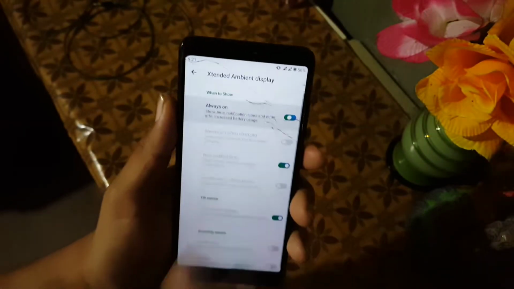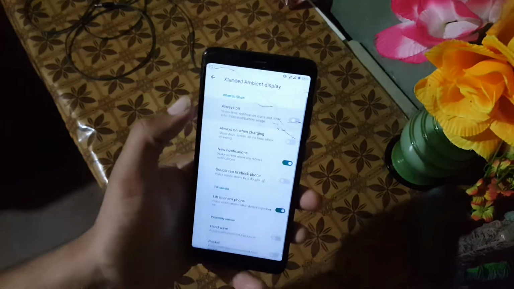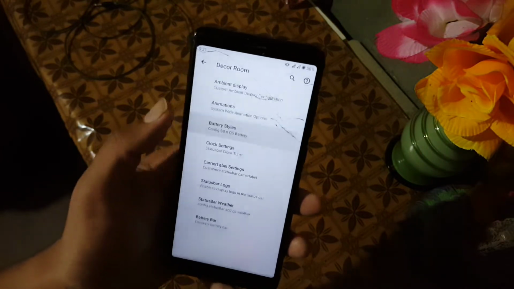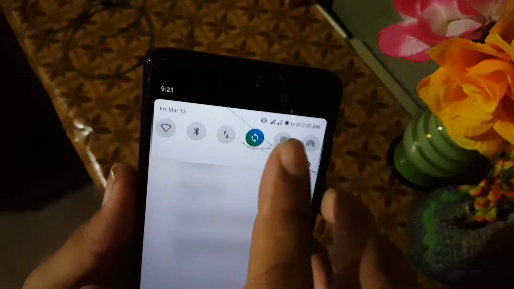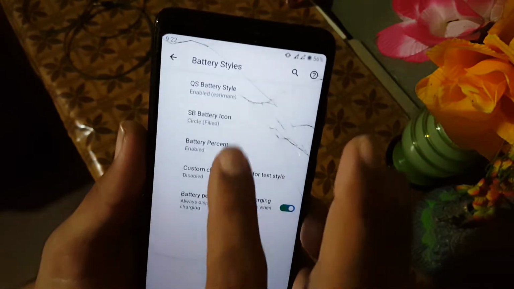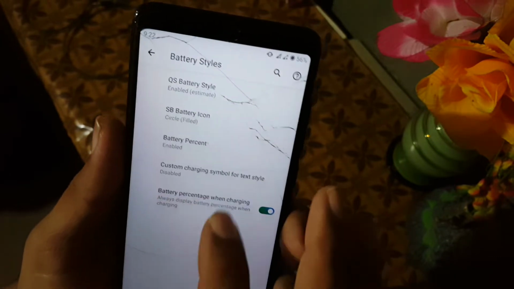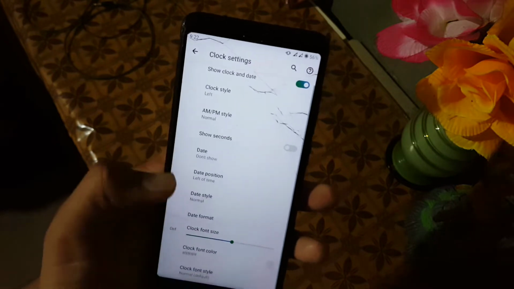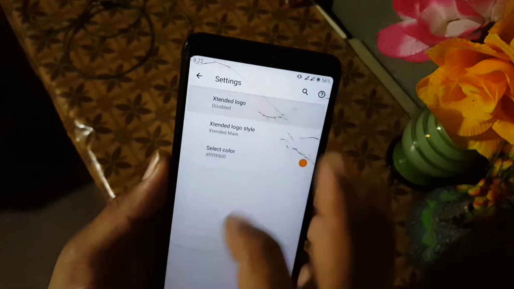Then we have the dock burn room. From here you can manage ambient display. Here we have always on display, which is working good. Then you can make changes in ambient display. After it we have these animations and battery style. You can change the battery style. Then you can change the status bar, battery icon, battery percentage, and you can enable or disable the battery percentage on charging. Then you can make changes in the clock settings, carrier labels, status bar weather, status bar icon,